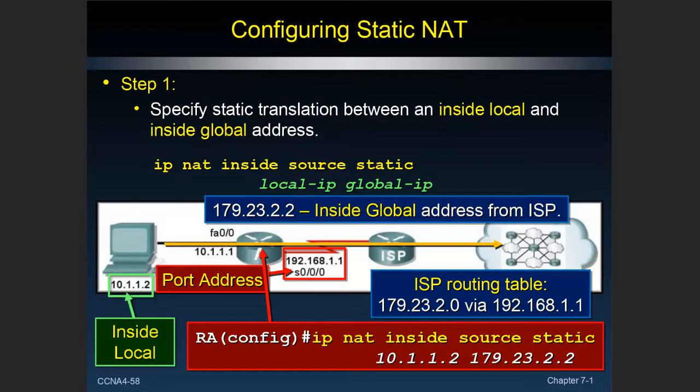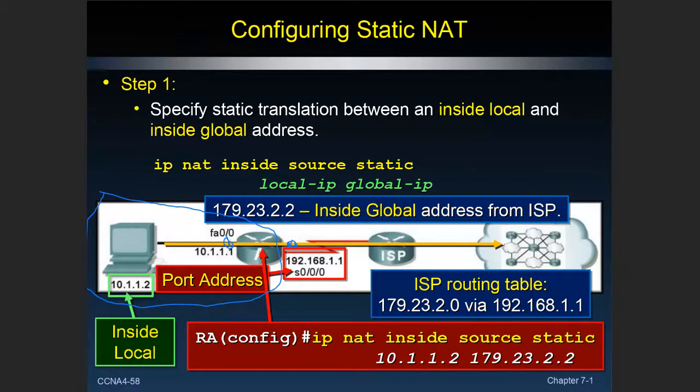So let's look at the configuration for this. First of all, we're going to have to decide which is an inside address and which is an outside address. Obviously, this is our inside network. We can see this, but the router doesn't know. He has to be told. So we're going to tell that router that this is the inside port and this is the outside port, so he knows what's public facing and what's the trusted internal network.